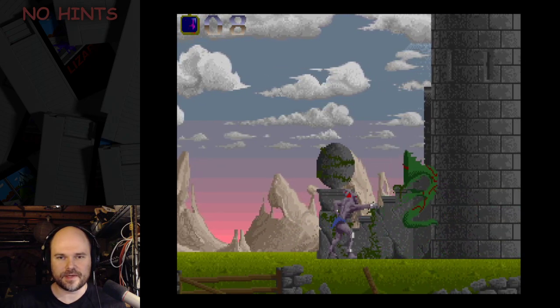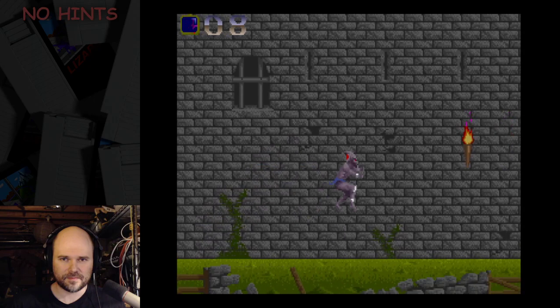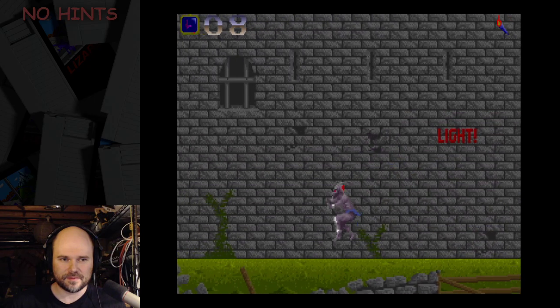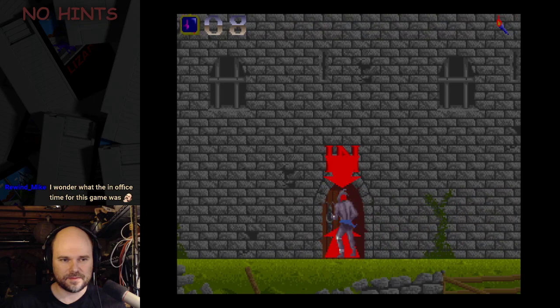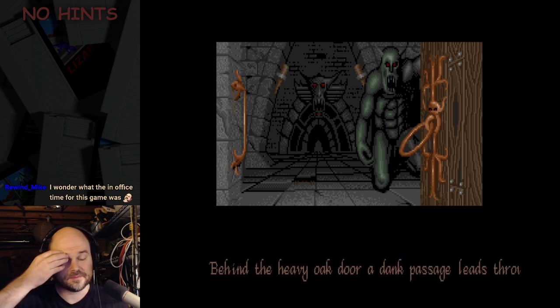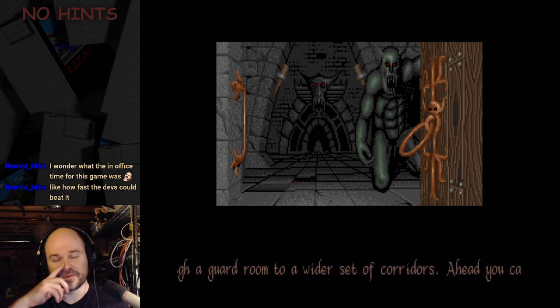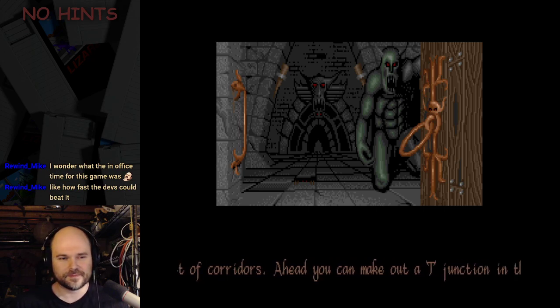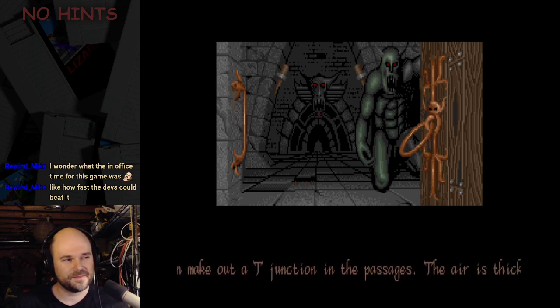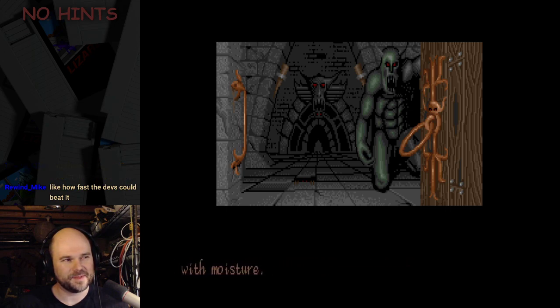Oh, they changed a lot of Shadow of the Beast 2 for Genesis? The in-office time for this game was? In the back of the manual it says they worked on this game for 9 months. Oh, how fast the devs could beat it. I don't know. Do you think they went by time? I kind of feel like health at the end might be the metric, but...